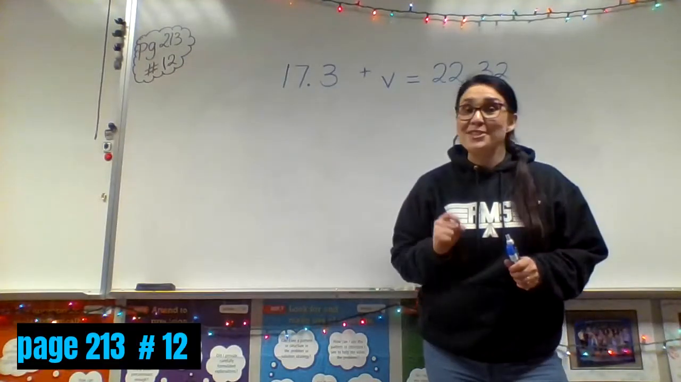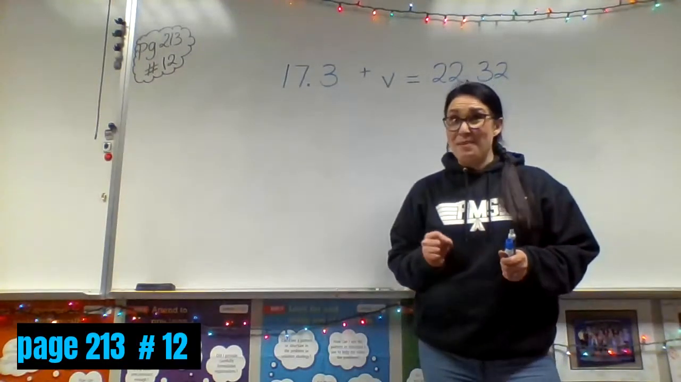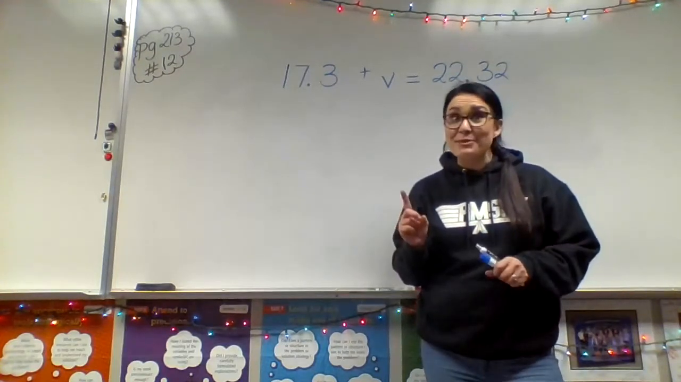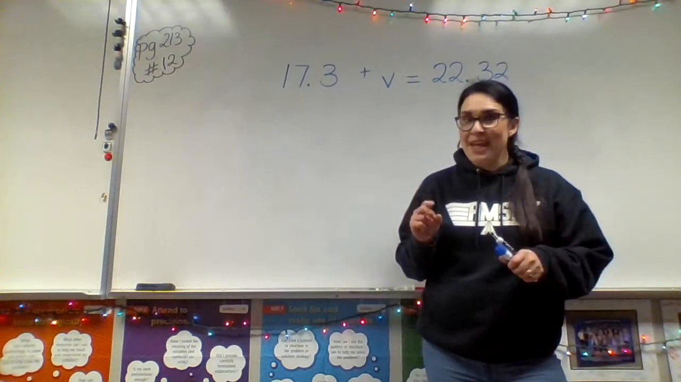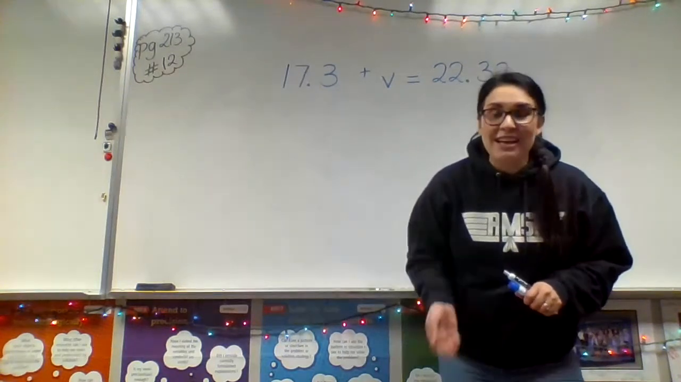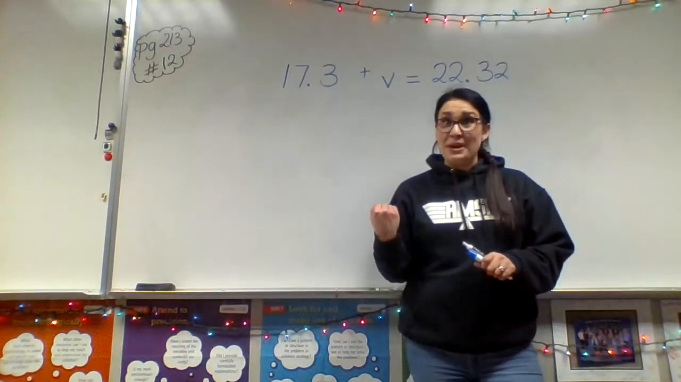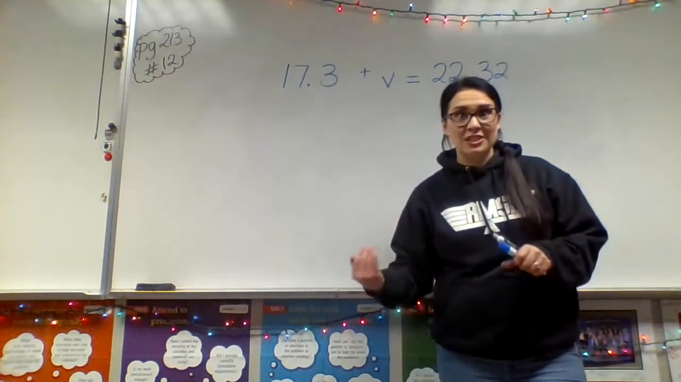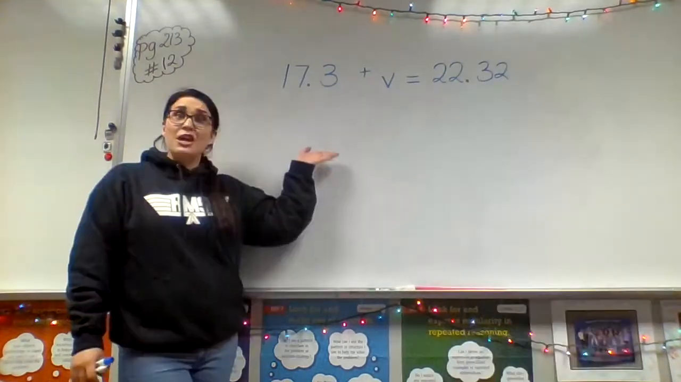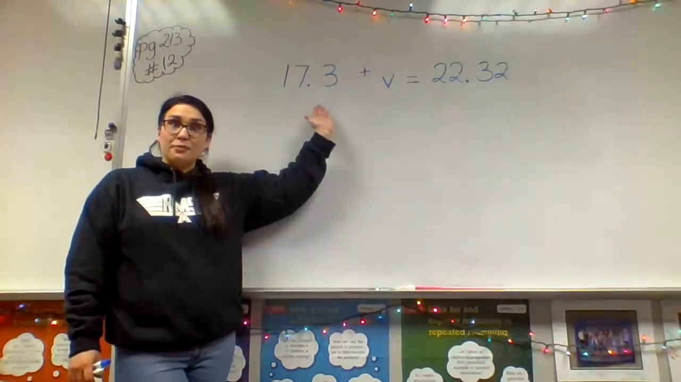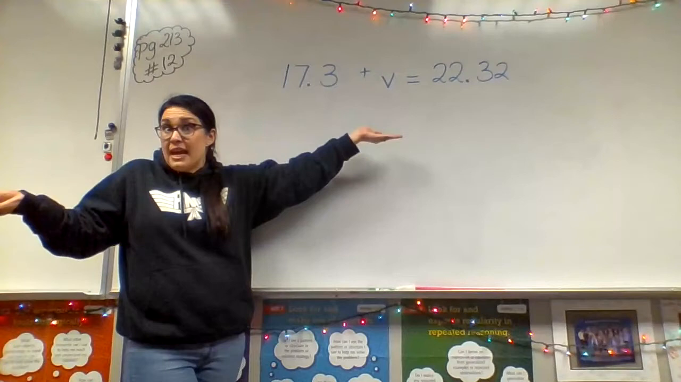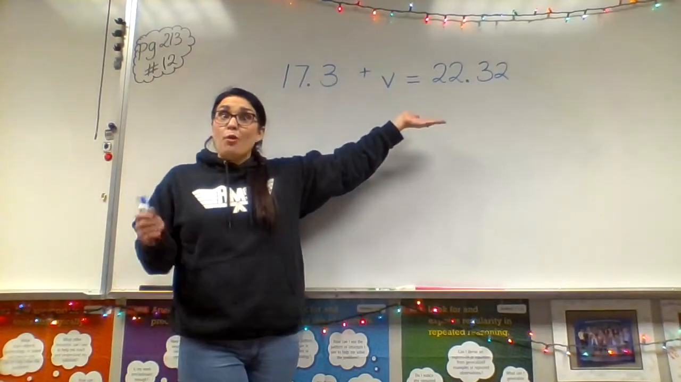My friends, the next problem that I'd like to look at together, still on page 213, is number 12. Remember, in that first problem, number 6, we used addition to solve. In number 7, we used multiplication to solve. In number 11, we used division to solve. And now, last but not least, we're going to use subtraction to solve this one. Number 12, we have 17 3/10. We're adding some mystery number, our variable v, don't really know what that is yet, and that gives us a sum, or an answer, of 22